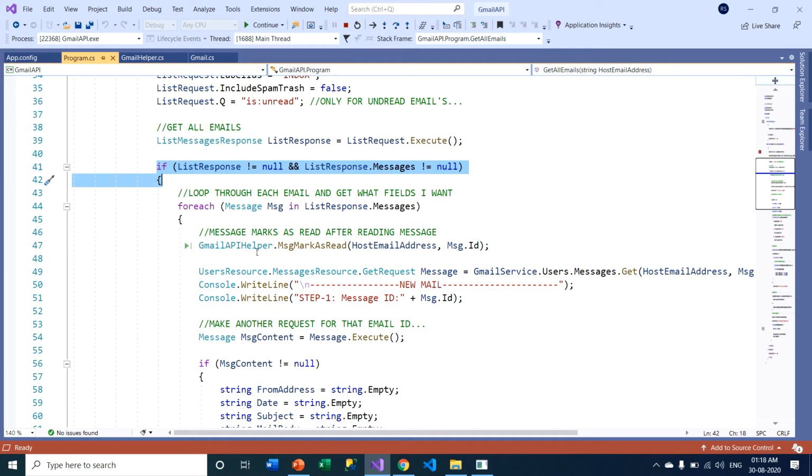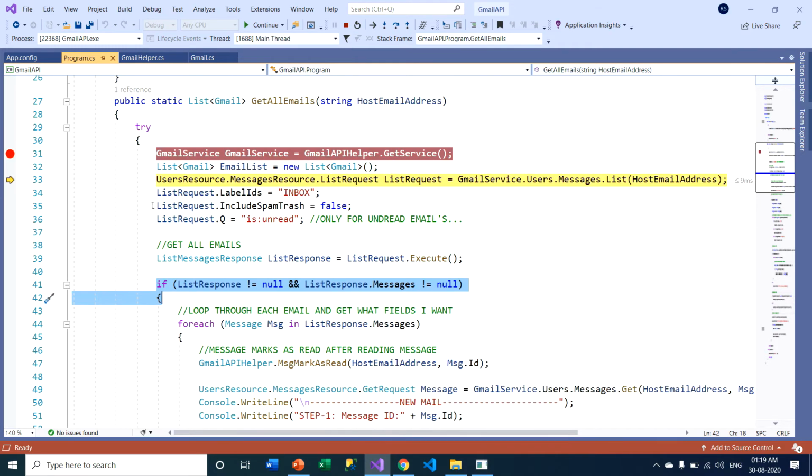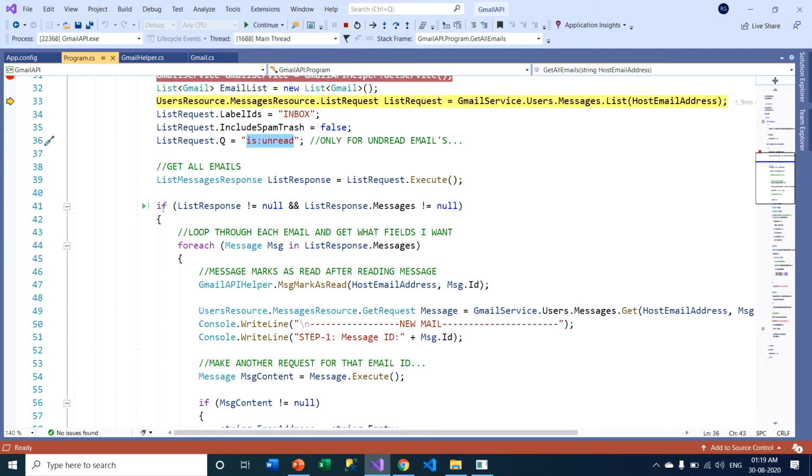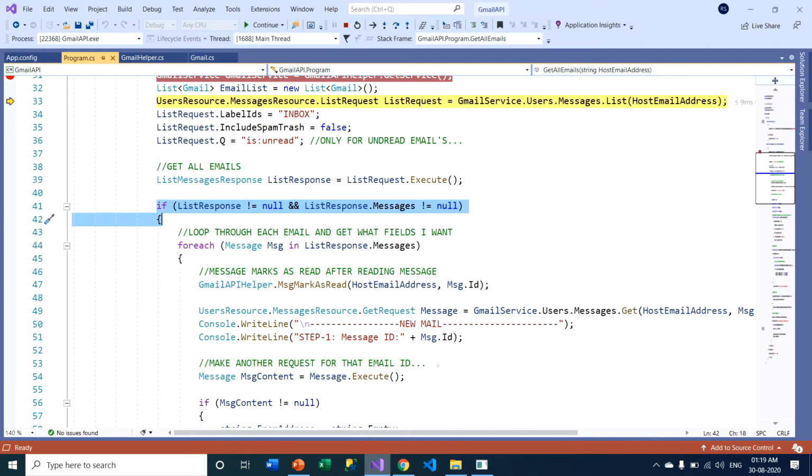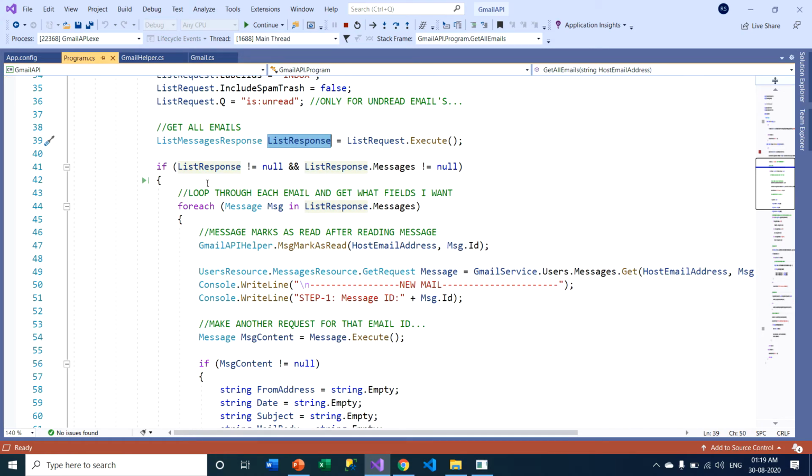If my mailbox has no mails, that means depending on those criteria within the inbox, if all mails are already read, in this case this if condition returns false. But right now in my mailbox under the inbox section, you can see all 4 mails are unread. That's why this list response messages returns 4 mails. Okay, so now I am pressing F10.